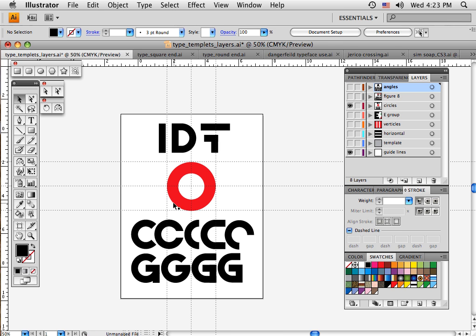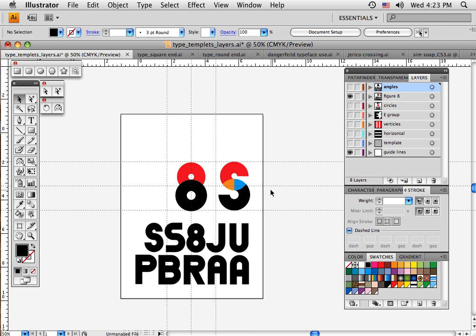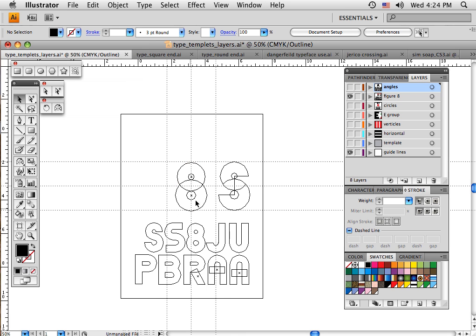And that group is made with the O group. Then there is the S group, which is actually 2 circles. If I come out of color here, Command Y, you can see that the big circle on the bottom meets the inner circle here, and the little circle on the top meets the inner circle here, so that this thickness here is the same as the thickness up here and down there. It's just that this bottom circle is slightly larger than the upper circle,